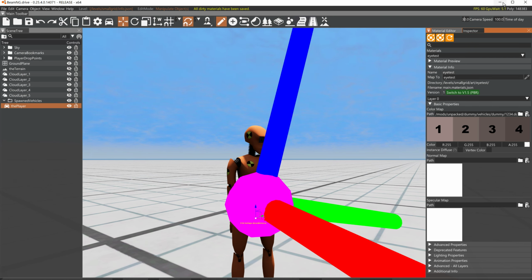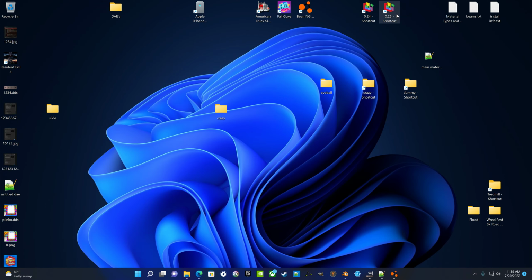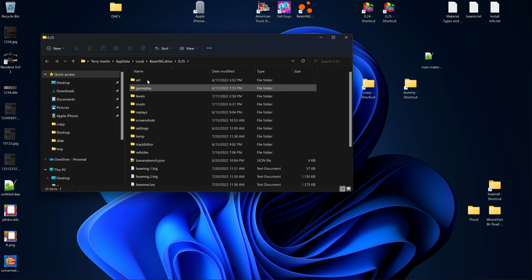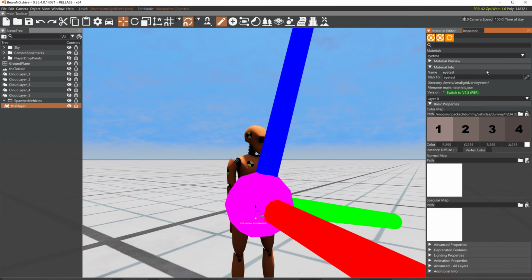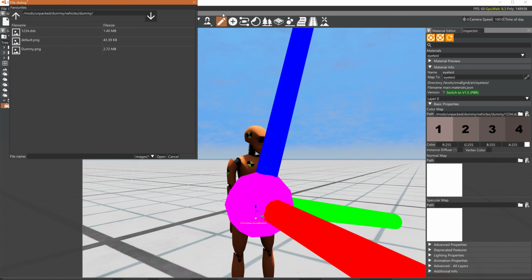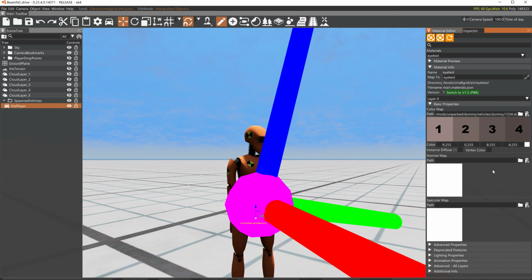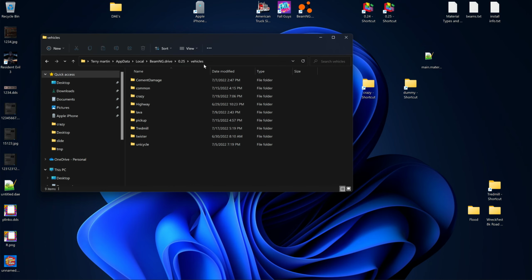Now let me show you what this did. In this folder, there is your user folder, there's a vehicles folder. Anytime you, well, it didn't save it, did it? Maybe that's only for, shit. Excuse me. I talk to myself sometimes. I'm trying to figure something out. I was going to say that anytime you modify a texture, it adds it into this folder, but